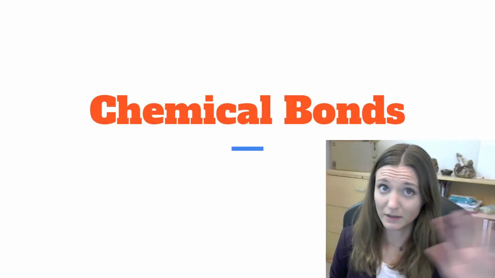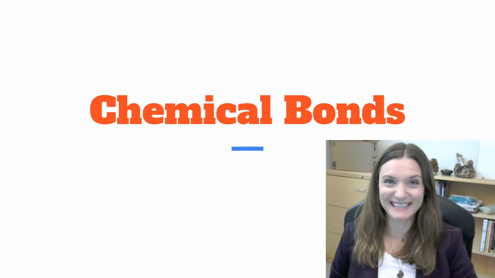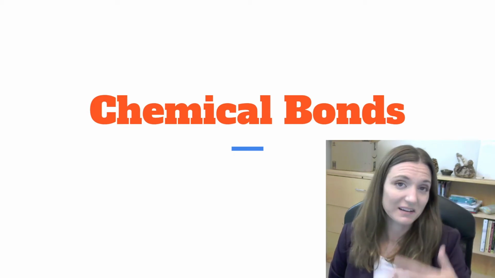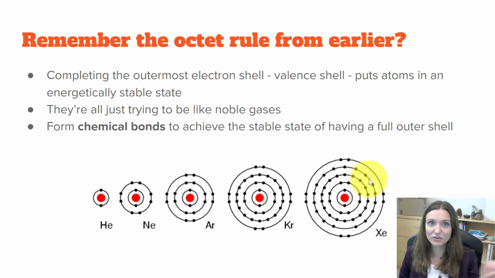So we just finished talking about electrons. Let's shift gears to talk about some of the chemical bonds that we'll see occurring between different atoms. So we touched on this idea of the octet rule, where the outermost shell, what we call the valence shell